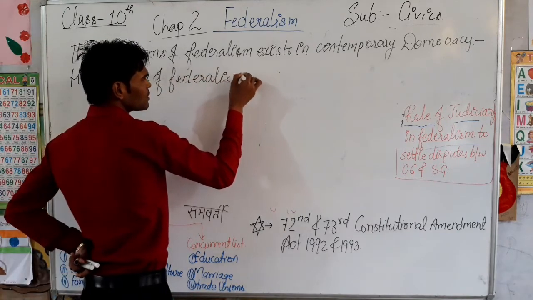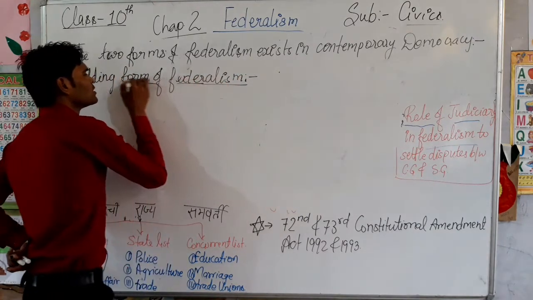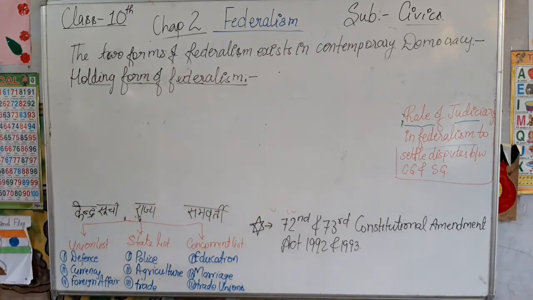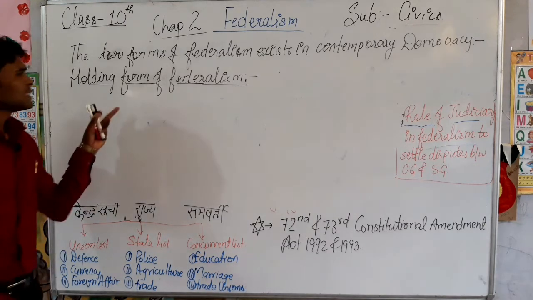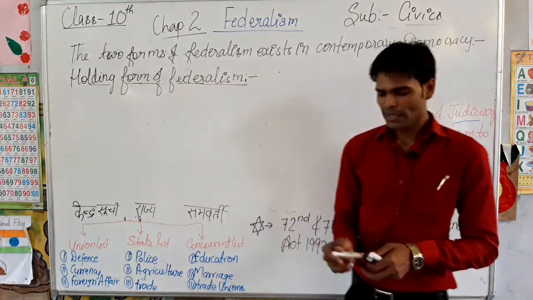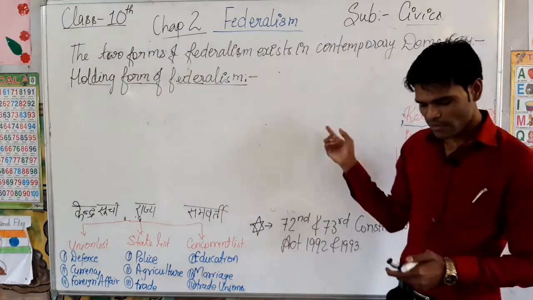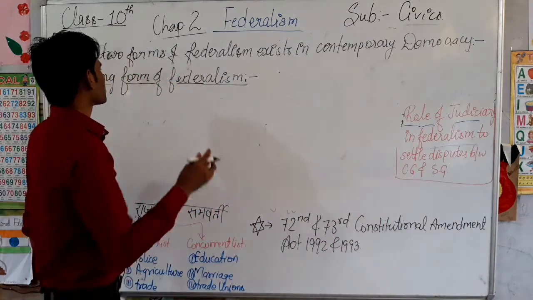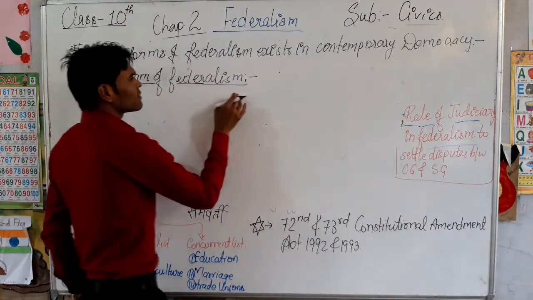Is that clear? Holding form of federalism. So what is the concept of holding form of federalism? See here. In this form of federalism, the central government is authoritative in nature. First of all write the topic, then after we will see the explanation of this. In holding form of federalism,